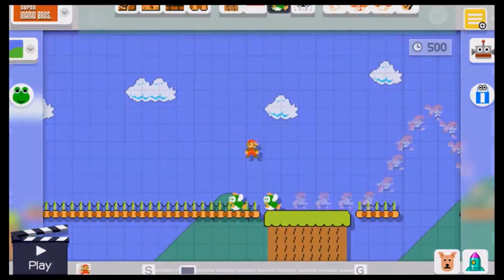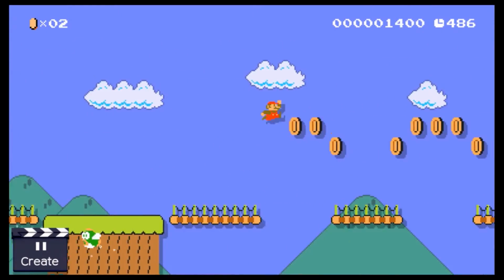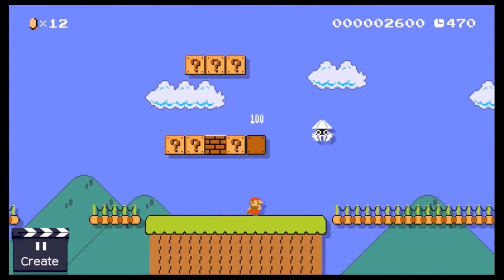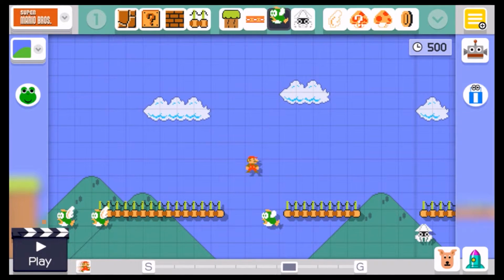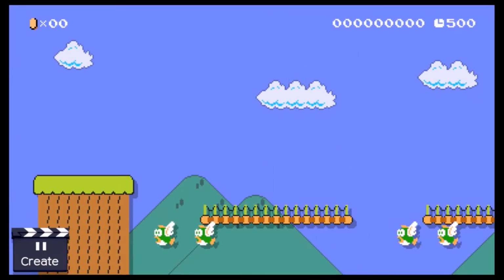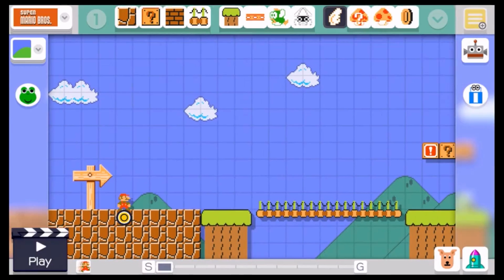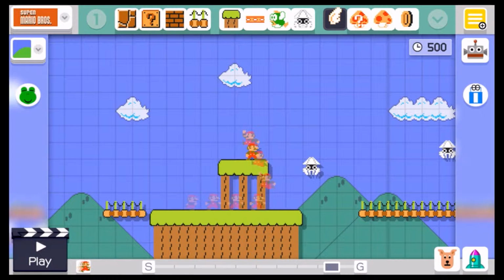Now, already the basic layout for the level is done. Right now I just need to add enemies. I'm adding enemies and also more coins to accommodate the actual dynamic part of the level. Early on here I decided to have green Cheep Cheeps, which is something I changed later on in the level